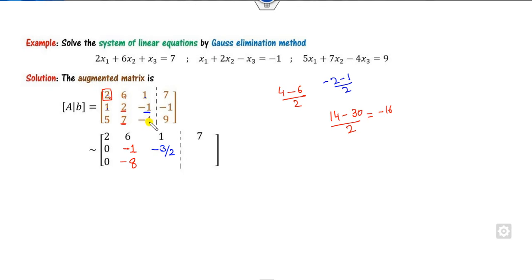Look at this next one, minus 4, 2, 5 and 1. Start from the box element. Minus 8, minus 5, minus 13 divided by box element. Look at this value. Previous value is minus 1, 2, 1 and 7. It is minus 2 minus 7. It's minus 9 divided by box element, is minus 9 over 2. Look at this last value is 9, 2, 7 and 5. 18 minus 35 divided by box element. It's minus 17 by 2.